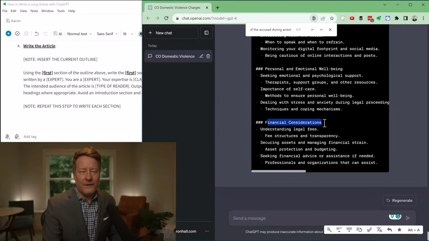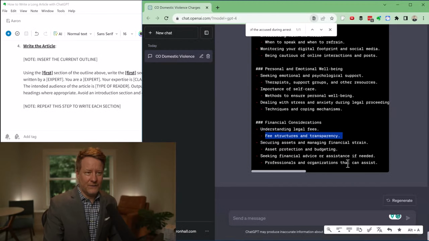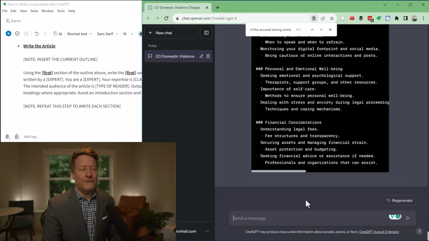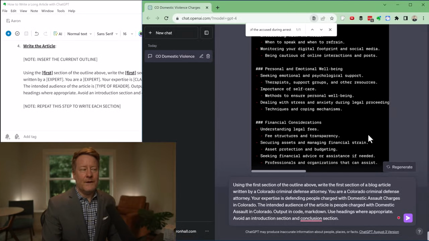All right, so under financial considerations, we have the 3 subpoints, and then we have a talking point under that. So in this example, fee structures and transparency is the talking point. All right, so now it is time to get to writing.